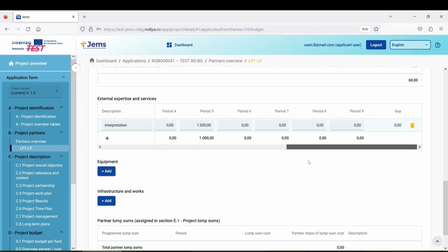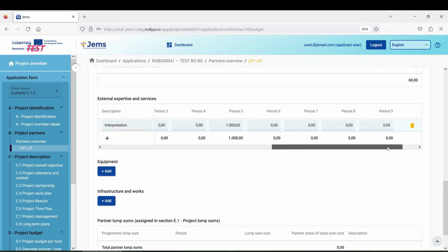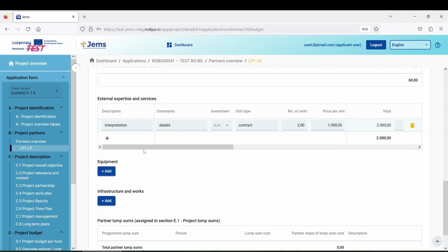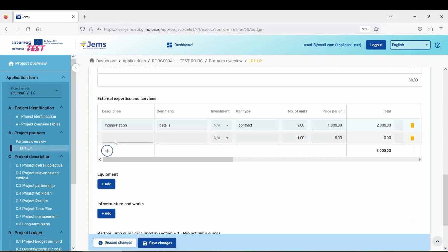In case you wish to delete a created service, you can delete it by clicking on this trash can, which is all the way on the right of the table. Also, if you want to add another service, you click on the plus button, add here another service. Also, the details related to the respective service, if it's linked to an investment,